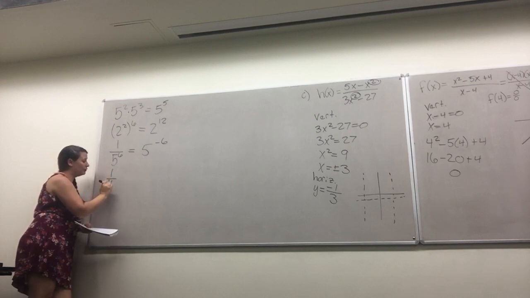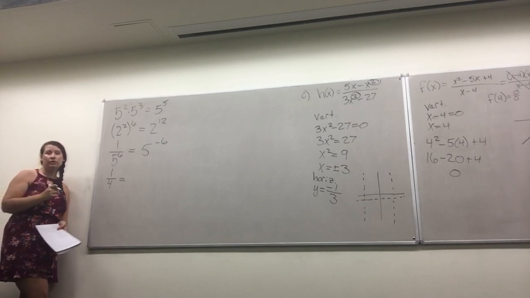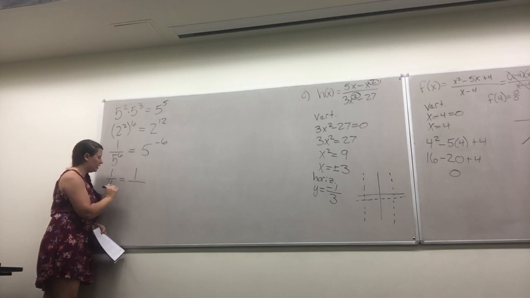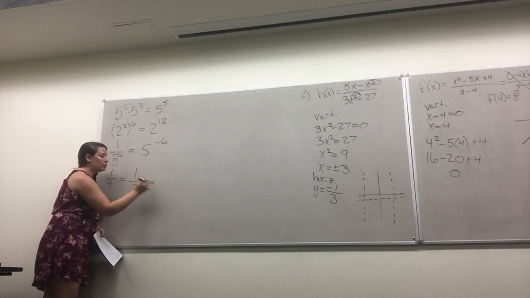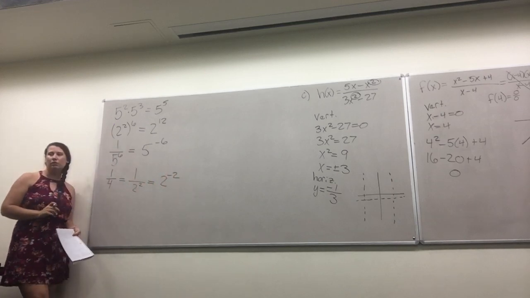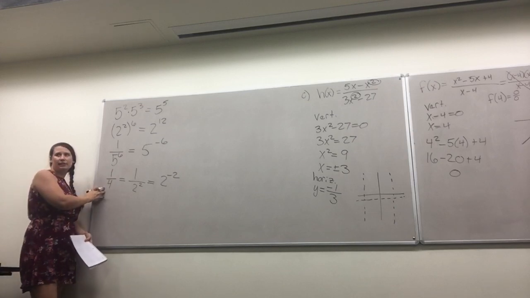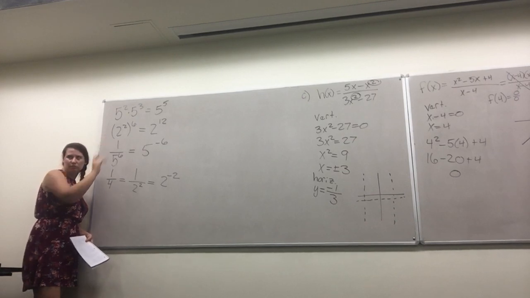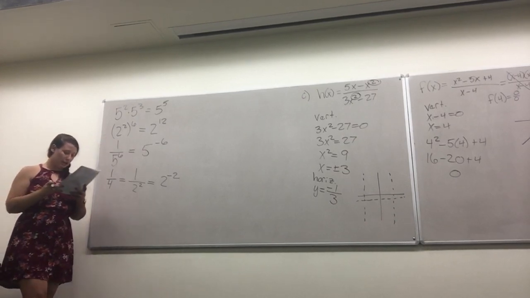If we have 1 over 4, we want to rewrite this as a power of 2 in the numerator. So what that means, first step, 4 is 2 to the 2nd. Now we want to move it to the top. So this is 2 to the -2. Okay? That's how we would write that as a power of 2. Does that make sense? So that literally just means you want 2 as your base in the numerator. Okay? Then